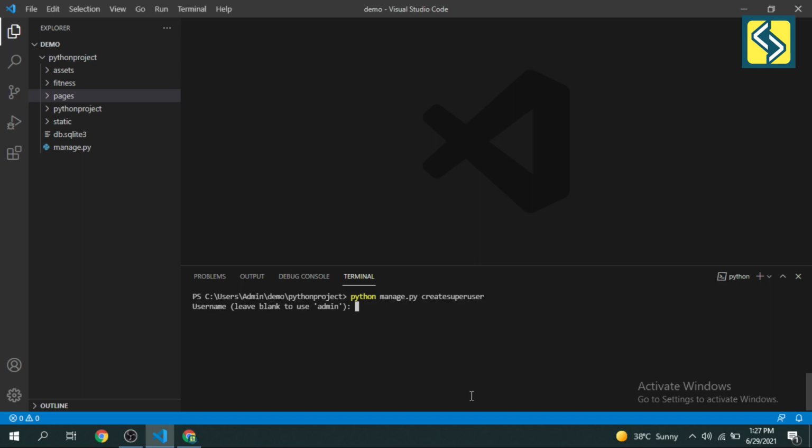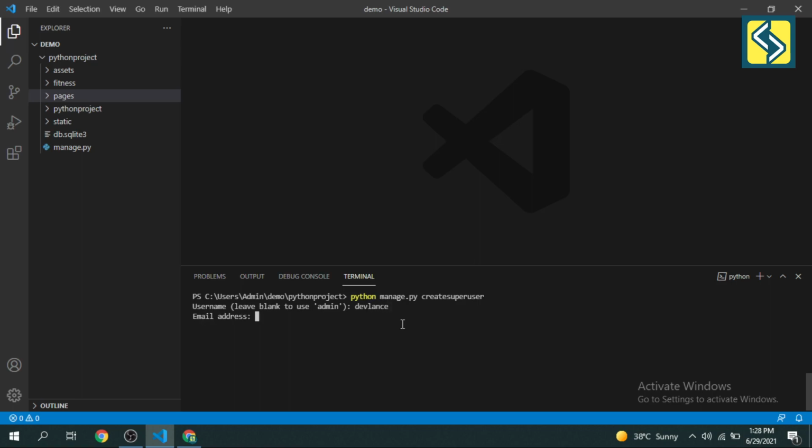It will ask you for a superuser username. If you press enter, it will take admin as the superuser username. So we type here our superuser username is devlans